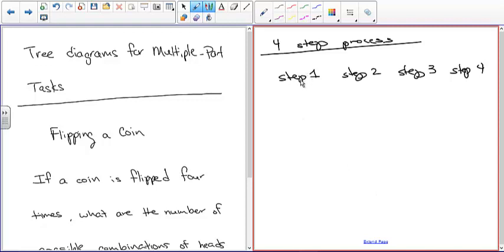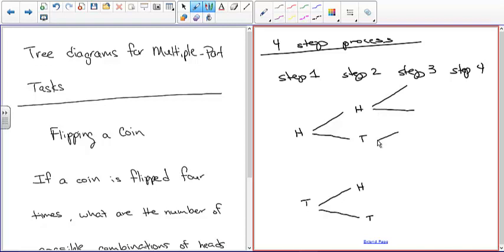So the first step is you flip a coin, and we get two possibilities. It's not true or false, but heads or tails. Heads, tails. Now, once the first one's a heads and we flip a coin, the same coin or a different coin, doesn't matter, there are two possibilities in the second step. They can be heads or tails. If we get a tails the first time, there are two possibilities, heads or tails. It's a completely random process.